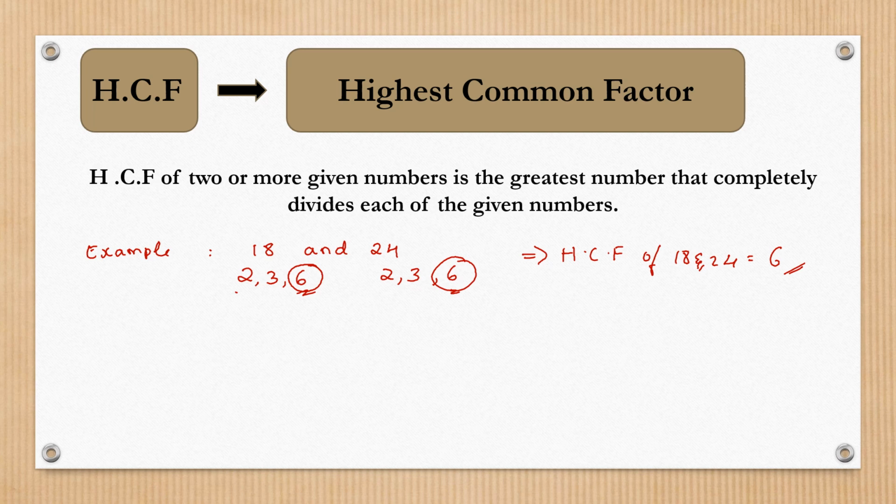Let's take one more example, the numbers 16, 24 and 32. Let's take the numbers which divide these three numbers completely. So we know 2 8s is 16, 2 12s is 24 and 2 16s is 32. Coming to 3, it's not possible, so we cannot write it for 24 and 32. Let's take 4, no, not possible.